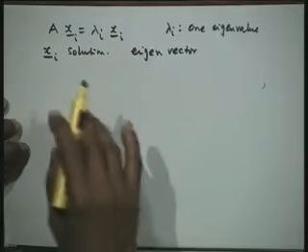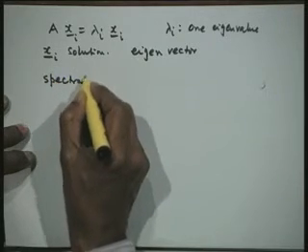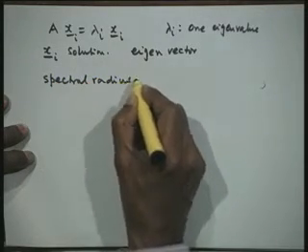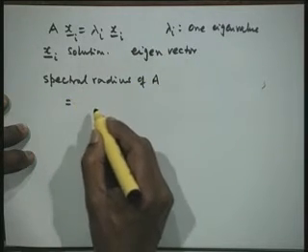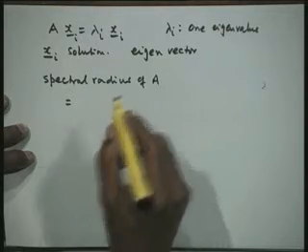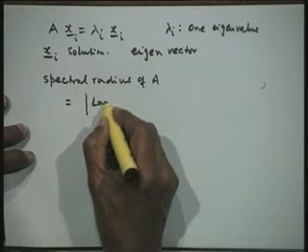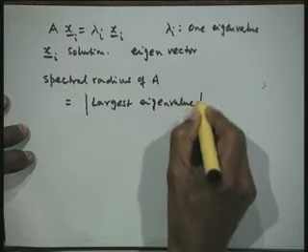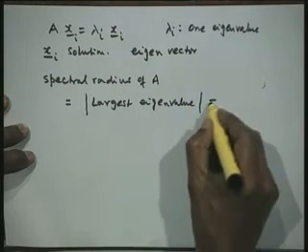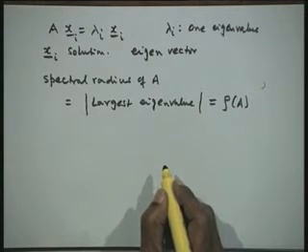One important property of the eigenvalues of a matrix is what is known as the spectral radius of a matrix. I would like to define the spectral radius. The spectral radius of a matrix is simply, by definition, the largest eigenvalue in magnitude. So, I find all the eigenvalues and find the largest eigenvalue in magnitude. The magnitude of the largest eigenvalue is equal to the spectral radius, and the notation that we normally use, rho of A, denotes the spectral radius of a matrix.